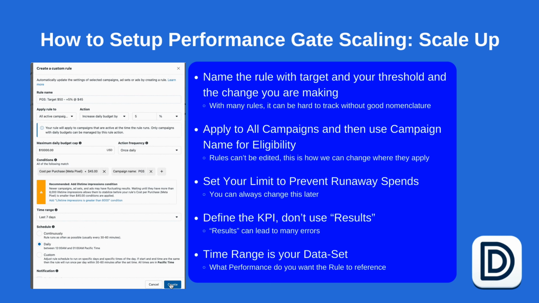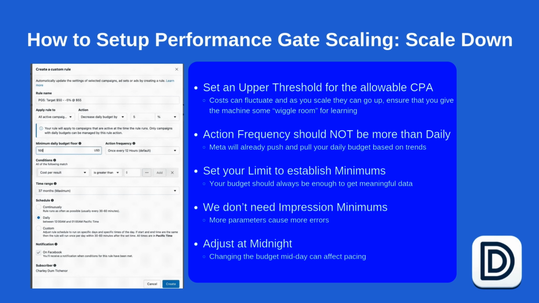So like every rule, we're gonna read this from top to bottom. Let's look at this one. This rule is a performance gate scaling rule with a target of a $50 CPA. We're going to reduce the budget by 5% if our CPA is over $55. So we apply to all active campaigns to decrease the budget by 5% and a minimum daily budget floor of $100. This action occurs once a day, and our cost per purchase has to be greater than 55,